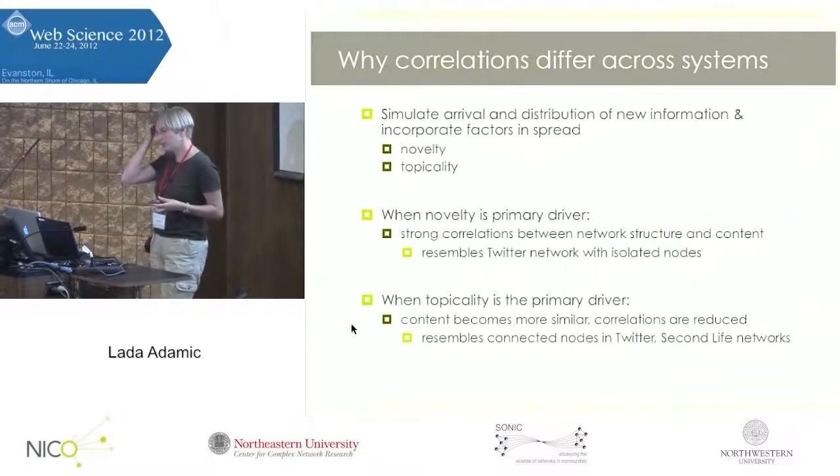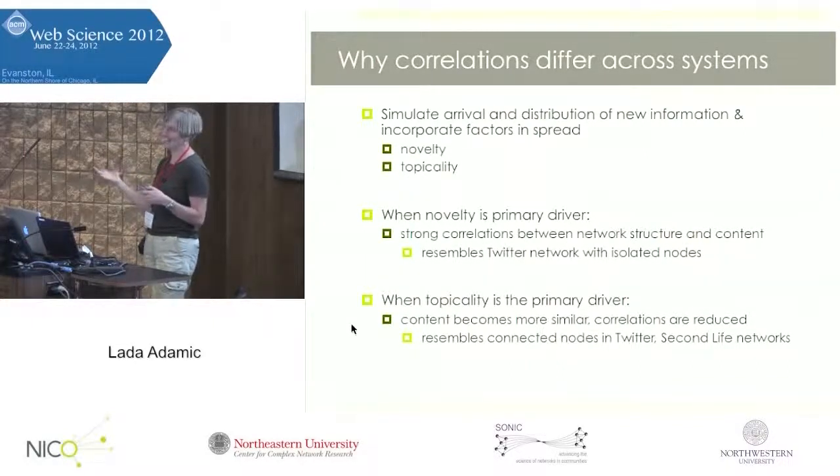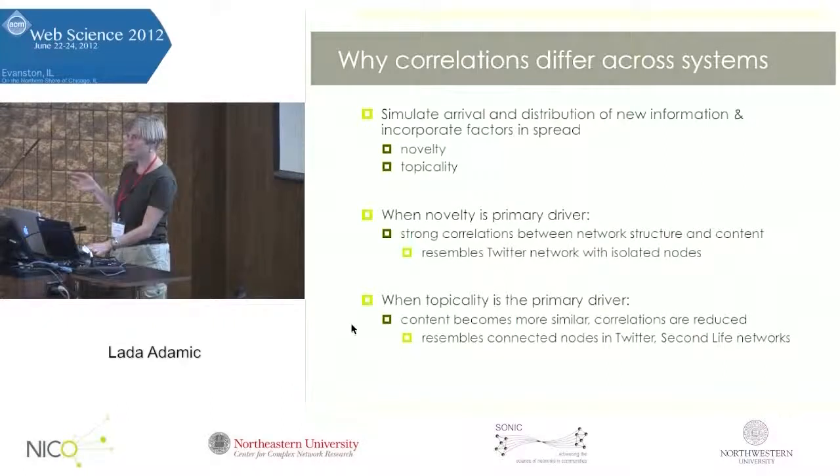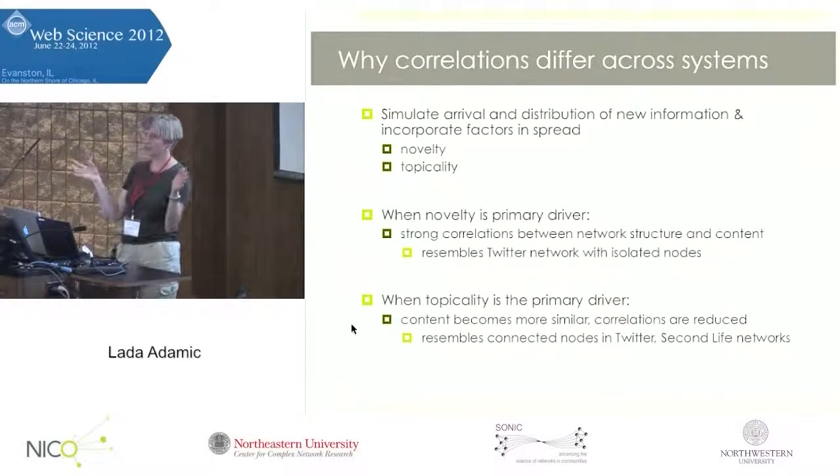So we were a little bit concerned that we were getting different results depending on how we constructed the network and what the network was. So we devised a simulation where everyone is sending and receiving messages, and they're just a real number between 0 and 1. And your probability of sending out the message has to do with the recency of the message, but also how novel it is.